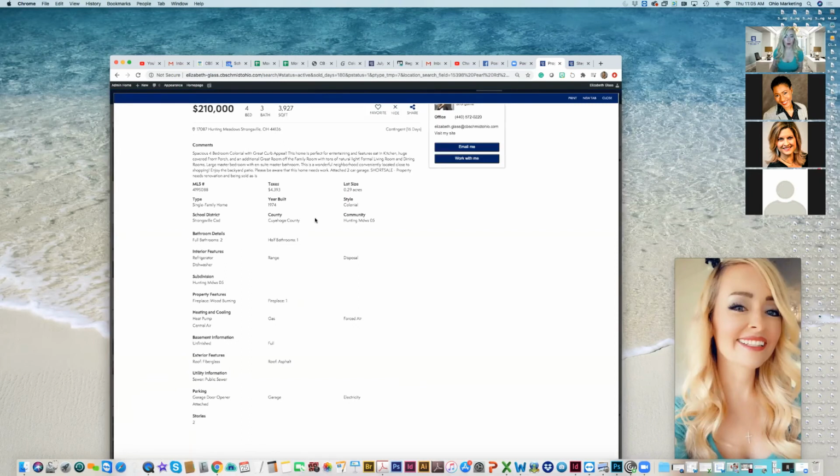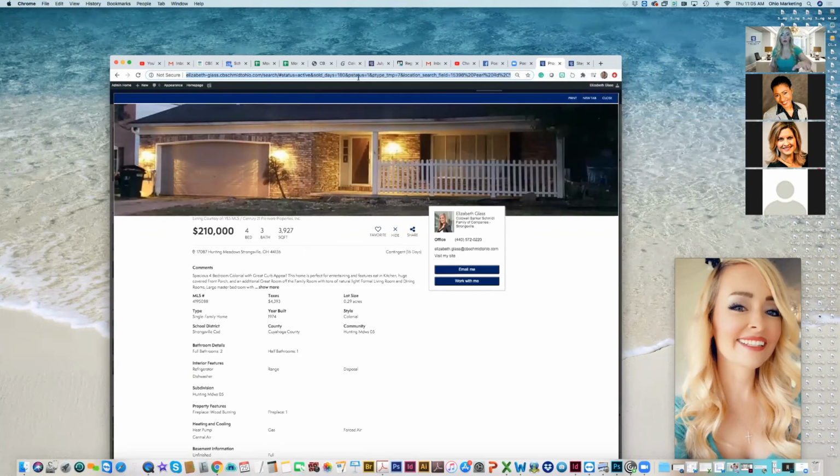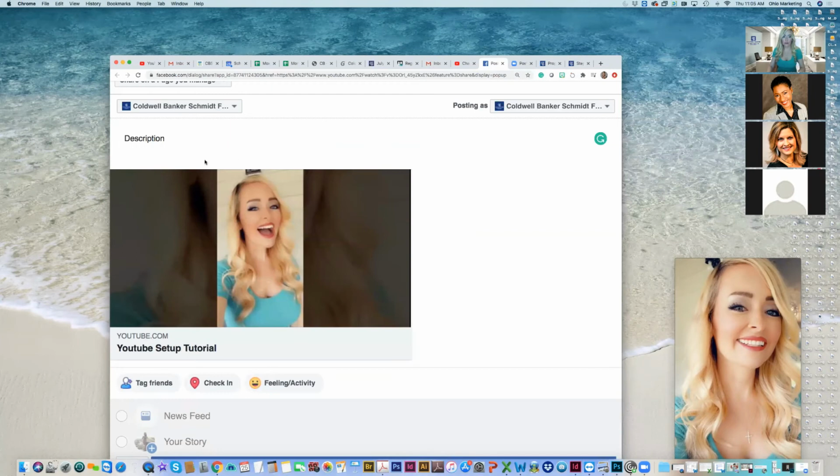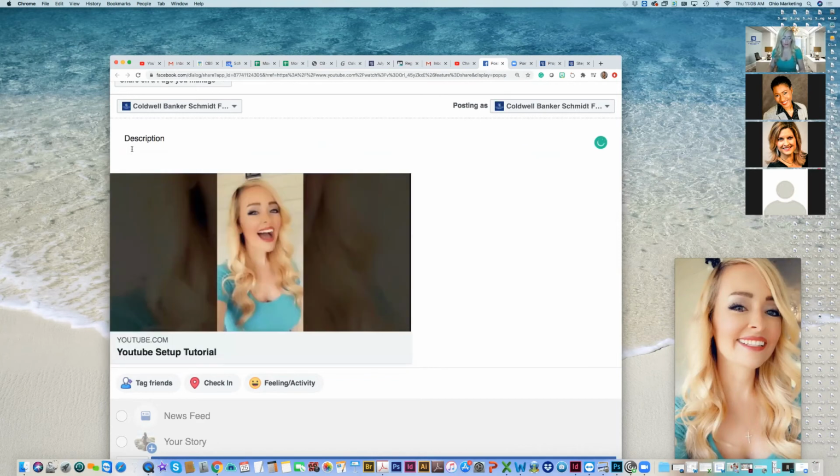When I click on the property itself, I use this URL link, and I copy it at the top. The URL is the address, the internet address of that page. I'm copying that, and I can put that in my description so people can watch my video, and I'm immediately directing traffic to my website. It's not going to load up this big when you actually post it. Or I would put my description in there, whatever the video is, and then say, see more at, which is probably what I would typically do in this situation, and then I would put my website in here so that people could click it this way.